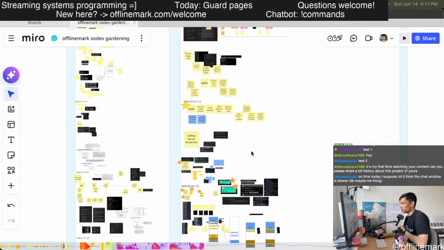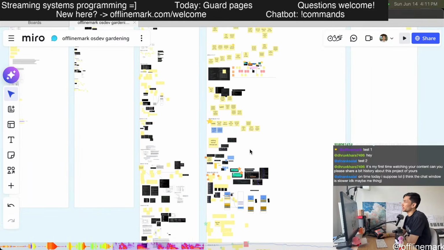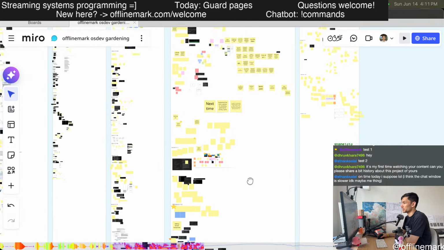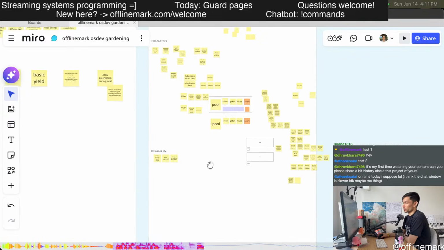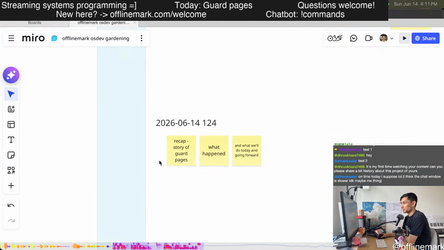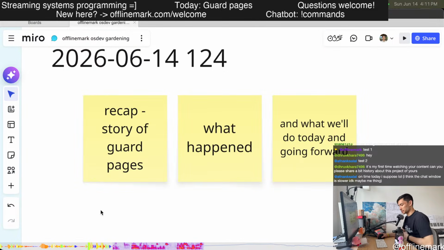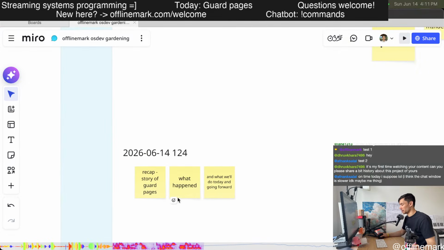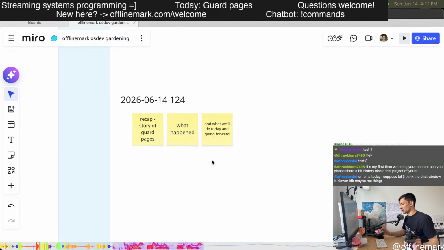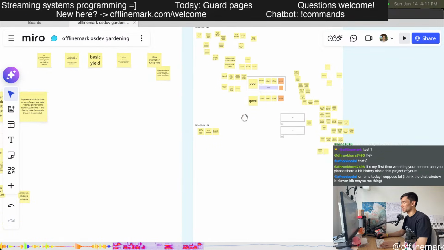I would say probably in late last year, I finished all the key infrastructure and we've actually started building the kernel. And we're tackling the most important parts, which brings us to guard pages. So guard pages are a safety mechanism that kernels use to prevent memory corruption in case of a stack overflow. And the way a guard page works is,